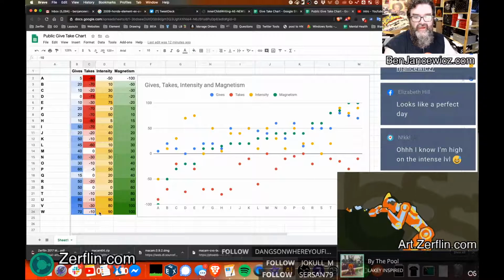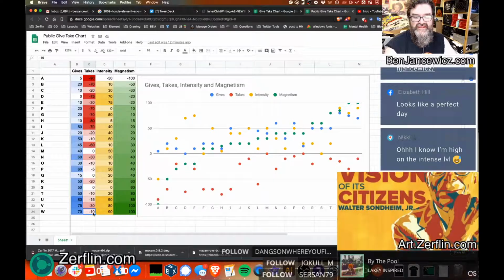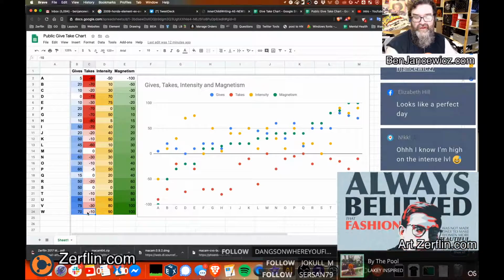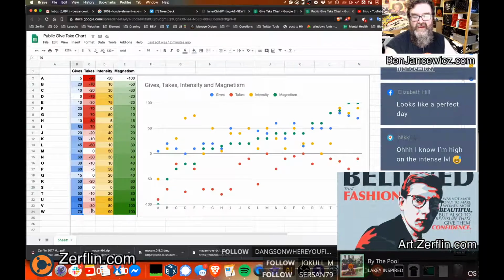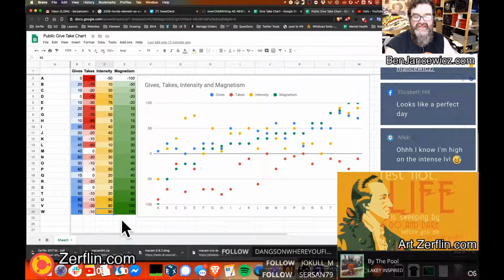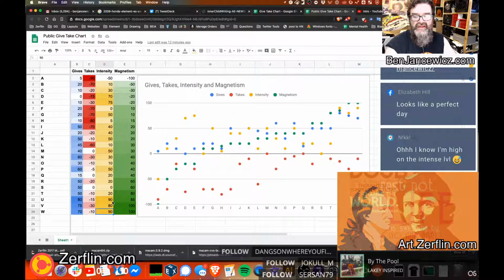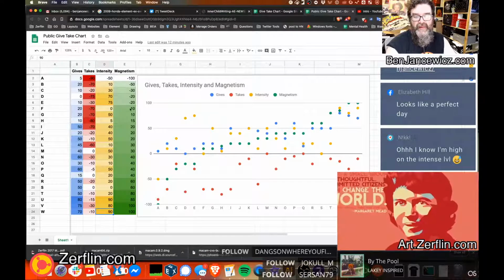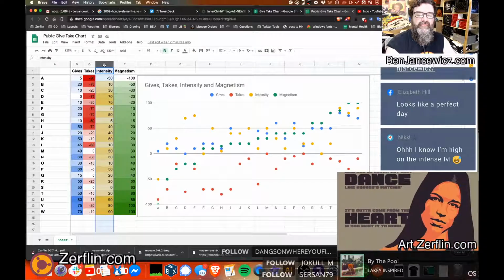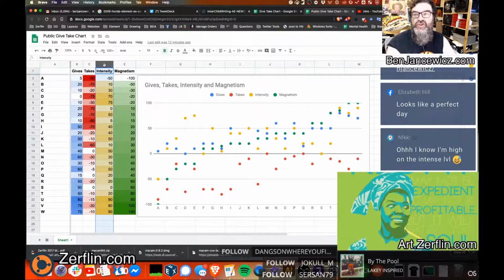But as you can see, their taking score is negative 10, so they don't take all that much, and their giving score is positive 70. So I don't really mind them being so intense and so constantly talking to me all the time at a 90. All right, so that's how much you can also talk about intensity, like how much attention that they give